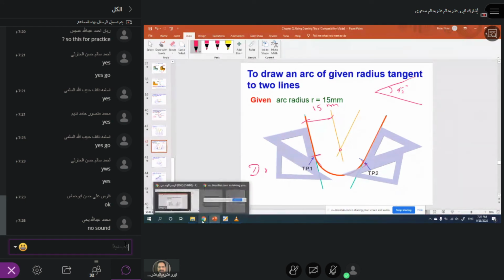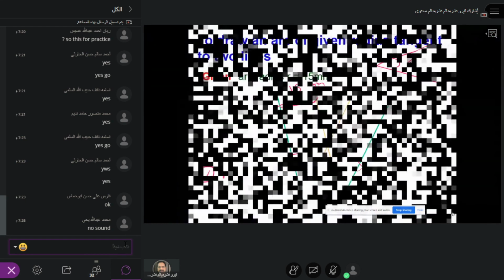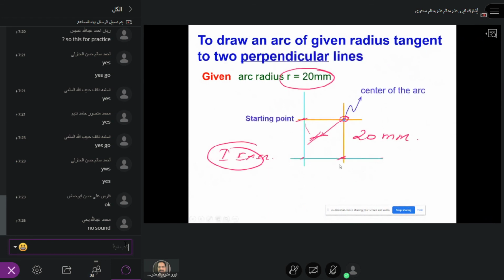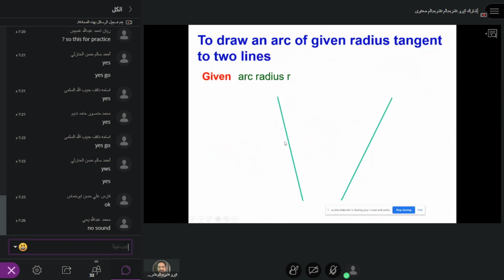So what you have to do, like what we did here. First thing, you take two lines. First mark a point and draw not vertical lines, any angle, but the angle is given as 45 degrees. So first you make this 45-degree angle with two green lines. It need not necessarily be like that. You can draw a horizontal line as well. You understand what I'm saying? But the angle must be 45.